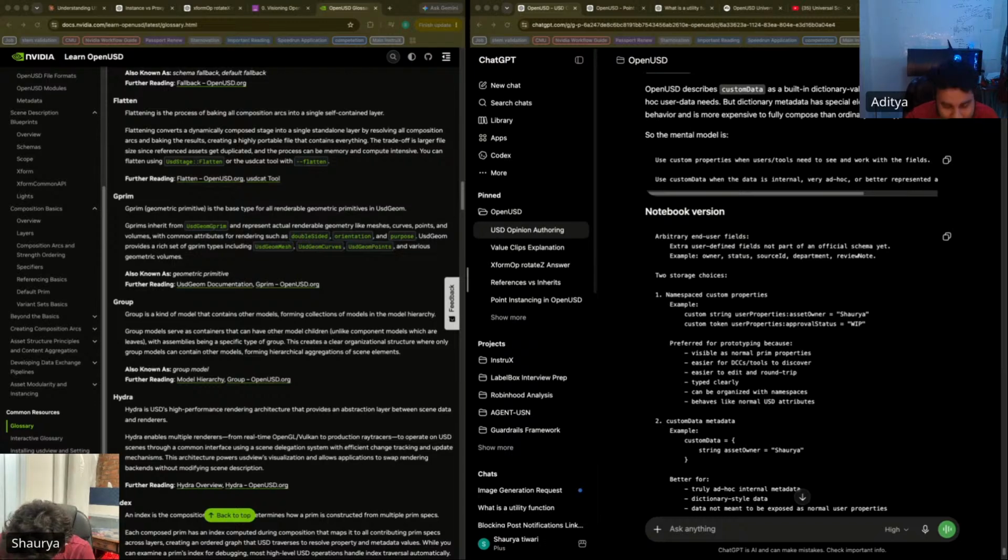Custom data, metadata. Custom data. String as a relation.